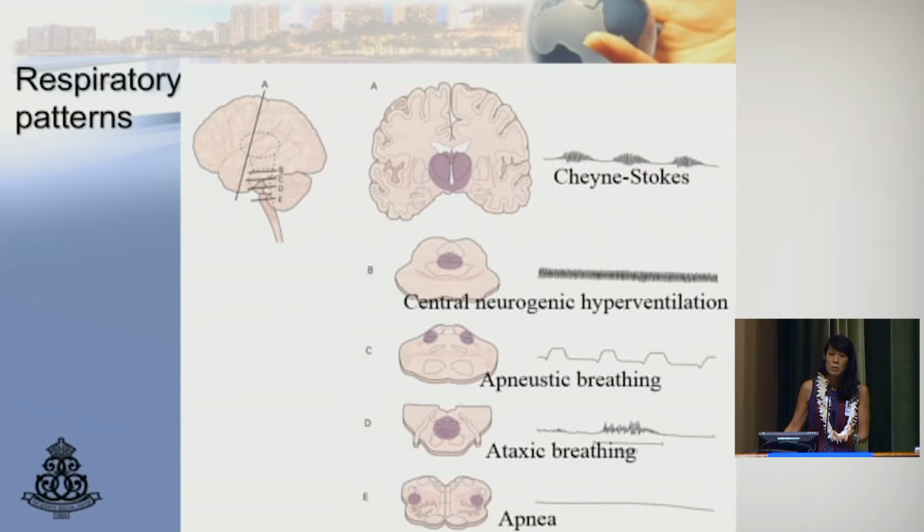So respiratory patterns, again, something that you should be aware of when you're looking at patients. Cheyne-Stokes: when you ask people where Cheyne-Stokes comes from, they almost automatically say it's brainstem, but it's actually not. It's a bihemispheric lesion. When you see that patient take those rapid breaths, become apneic, then rapid breaths again, there's usually bihemispheric injury. In the pons, there's central neurogenic hyperventilation, so those who work in the ICU will see patients hyperventilating no matter what you do with the ventilator. Your PCO2 is very low, not the normal 40, but sometimes almost as low as 15, and that's because there's a pontine lesion. Apneustic is the cramped pause breathing,